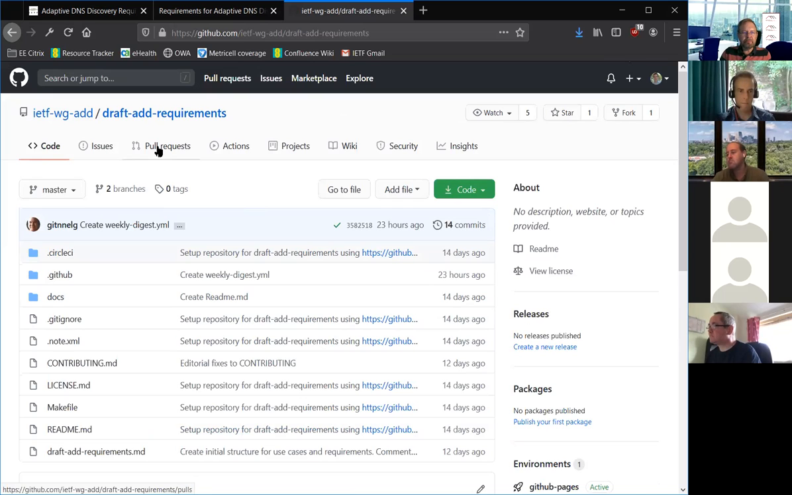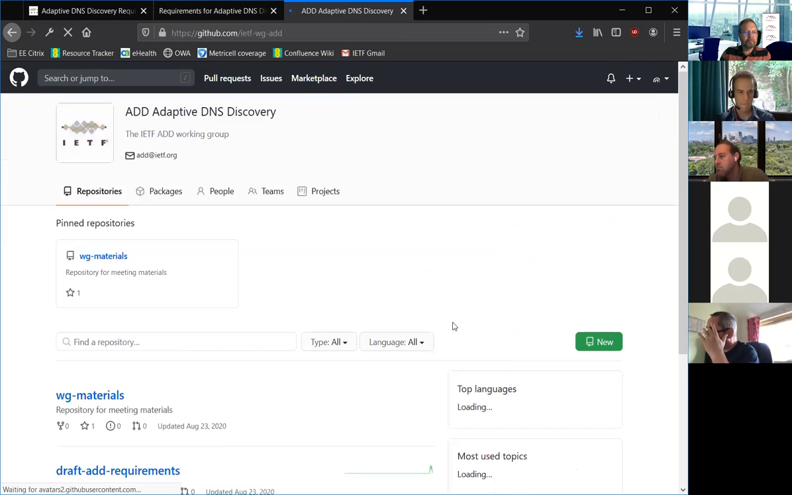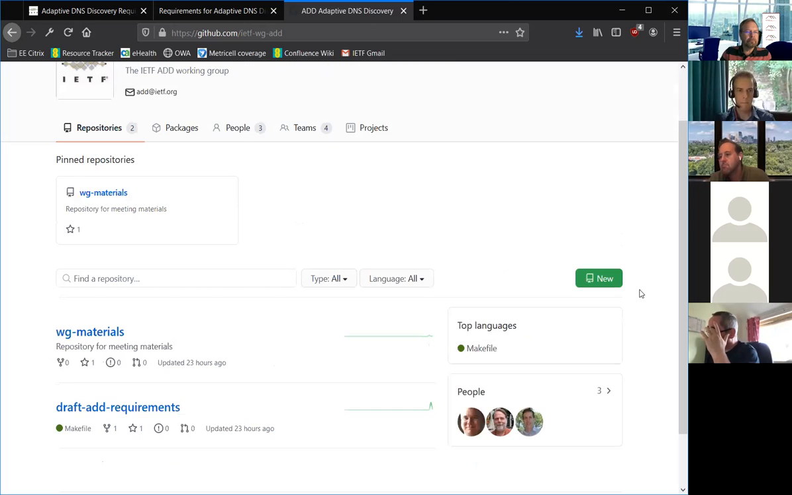So this was the draft ADD requirements. For other documents, especially when a document becomes adopted by the working group, we'll create a repository here that the authors can make use of, and the group can make use of it in the same way. So the repository itself will be focused around one document, and then